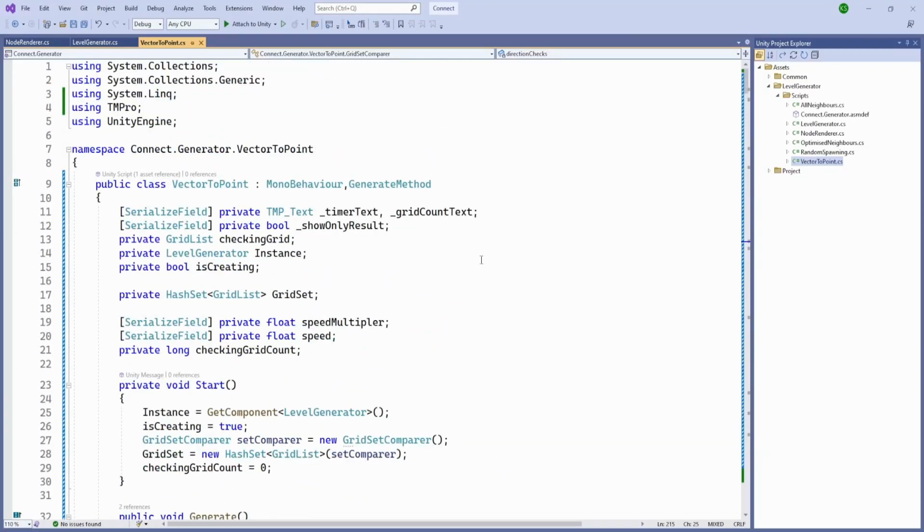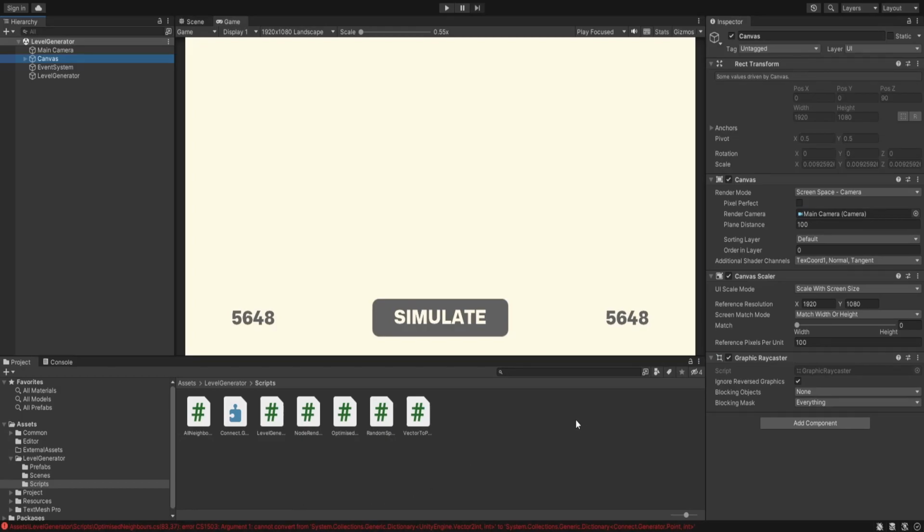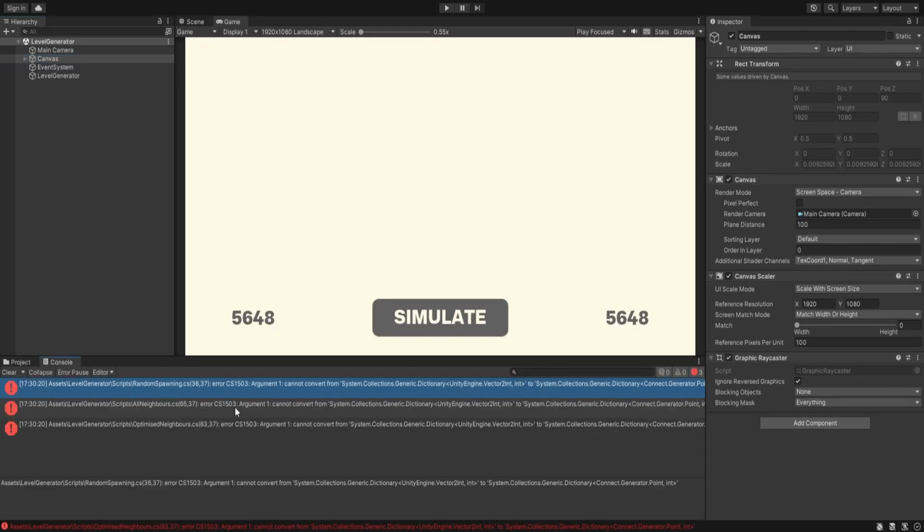Again, the dictionary is going to be pretty big, but maybe we can decrease some of the load, so we are going to test it. Let's go inside Unity, and the parameters are going to be similar. So, cannot convert. Okay, so there's a problem for our random spawning and also our optimized neighbors, so we'll also need to convert